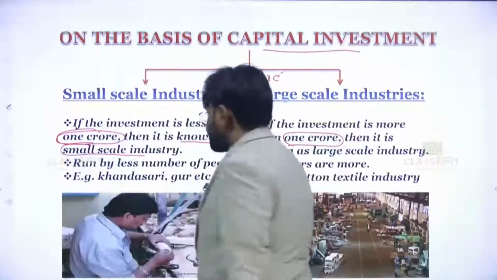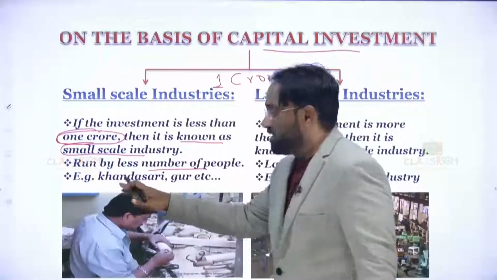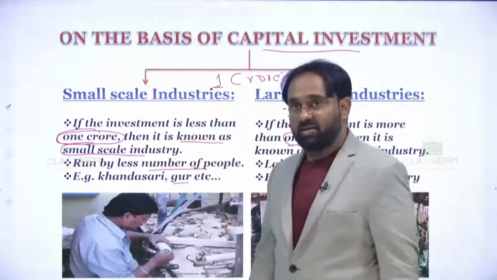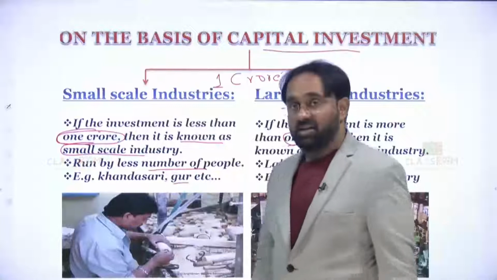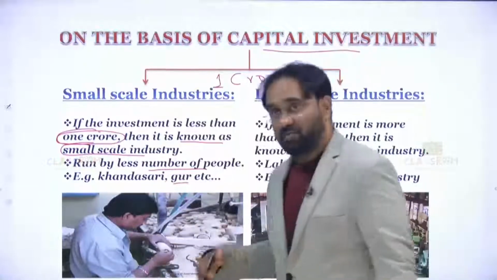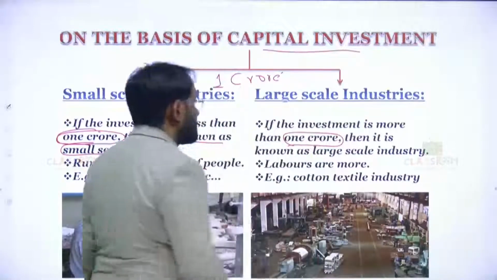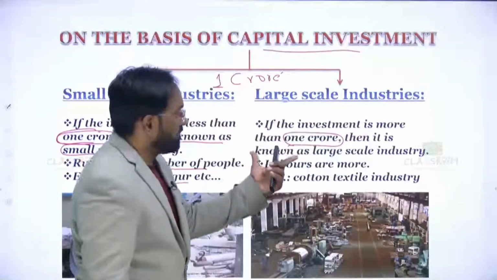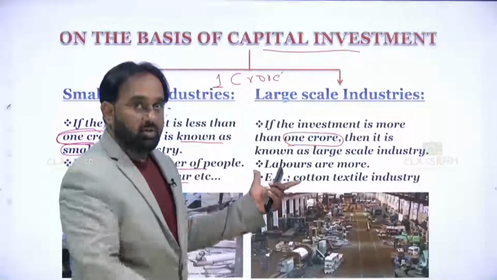Okay, run by a small number of people, for example Khandasari, Ghur, etc. Agriculture based, below 1 crore, small scale industries. Okay, from sugarcane you are preparing Ghur, etc. And next, large scale industries, where you have more laborers working and more than 1 crore investment,